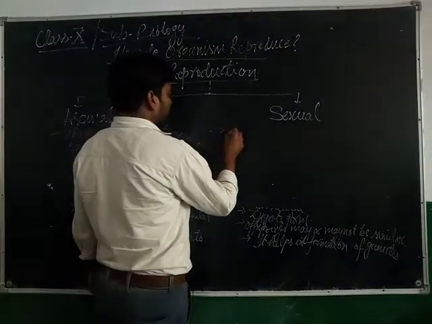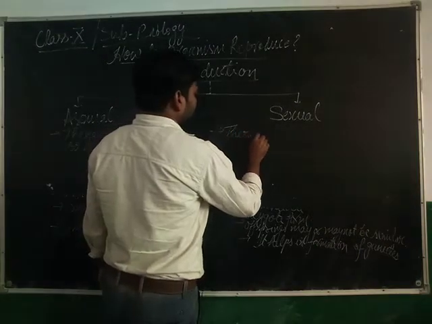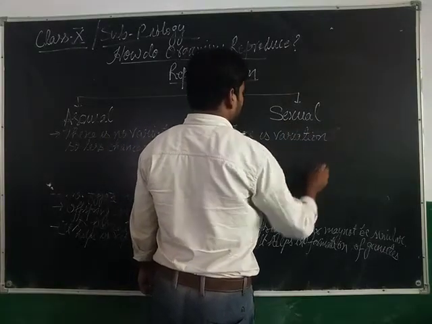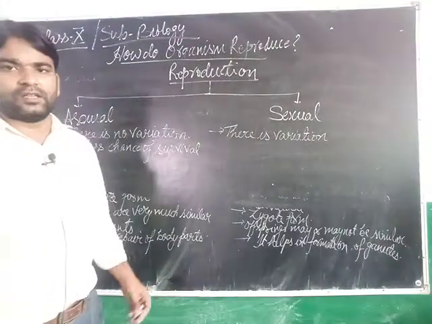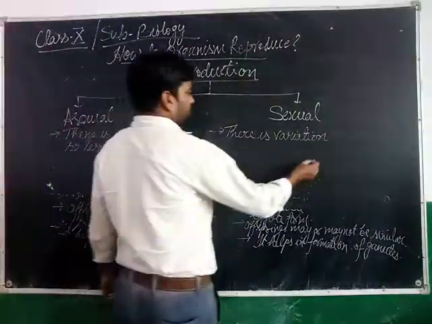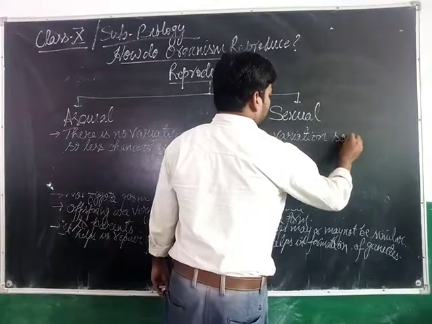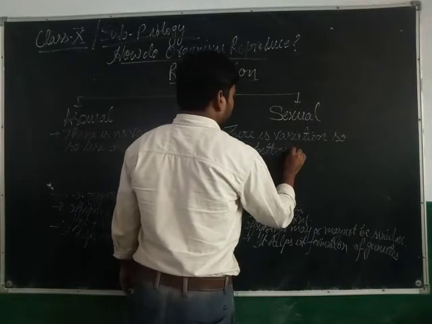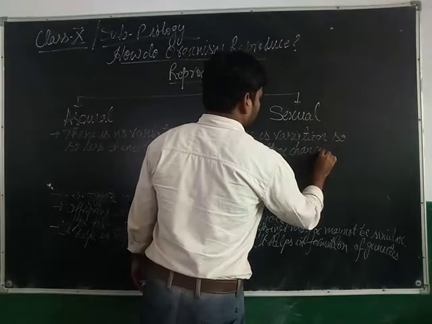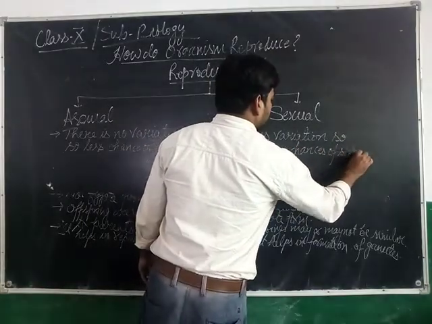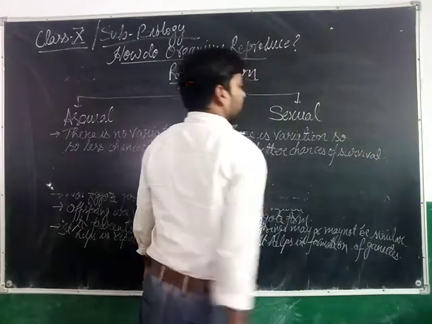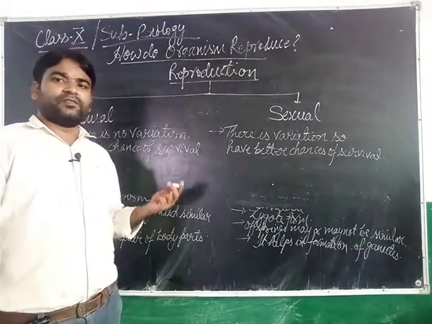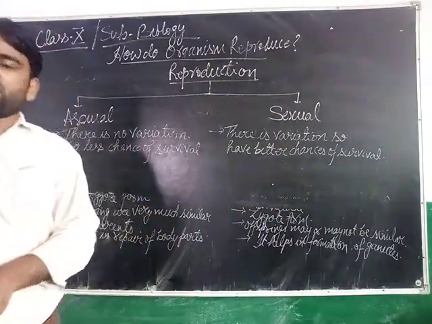In sexual reproduction, there is variation. Variation occurs because the characters of the two individuals are mixed. So there are better chances of survival. In both reproducing methods, beta, whether asexual or sexual, there will be